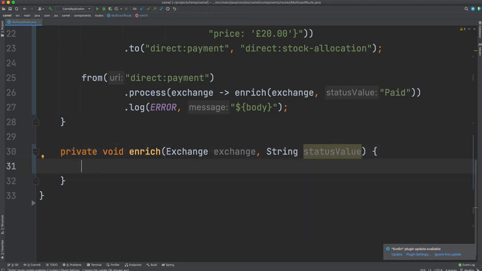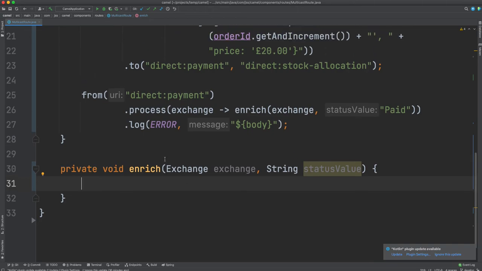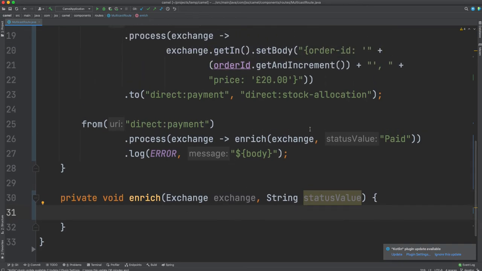So what I'm thinking of doing here is I'm going to take the message out of the exchange, which is the JSON which we wrote above, as you can see over here, and maybe add a new property over here, maybe the order status or something like that. In a real life application, you can deserialize that into a DTO, and then you can very nicely interact with the message. What I'm simply going to do over here is take the message out and then just manipulate the JSON, and then add a status value. So something like this.